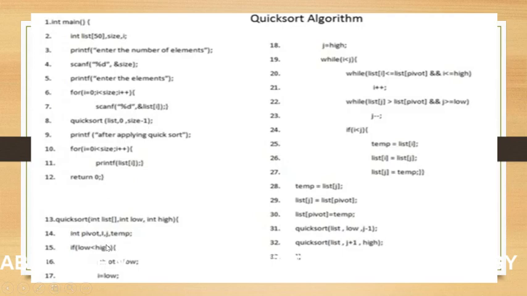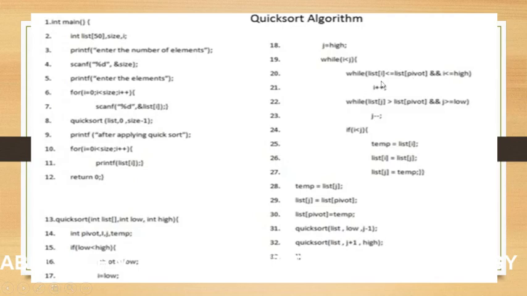Now, in this function, we check whether the starting index is less than the ending index that we have passed, and we set pivot as the first element. Pivot will be pointing to the first element, the zeroth element of the array. Then we set i to the starting element, j to the last element. Till i remains less than j, we start scanning from the left side as well as from the right side. From the left side of the array, we start checking whether each and every element is less than or equal to the pivot or not.